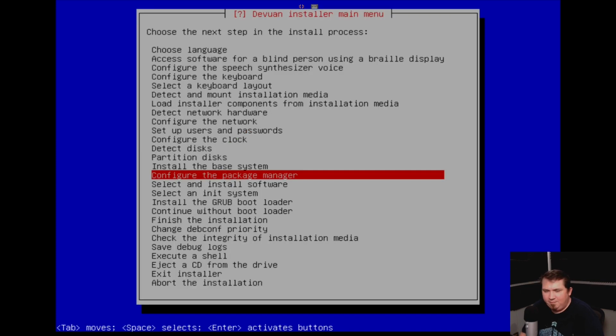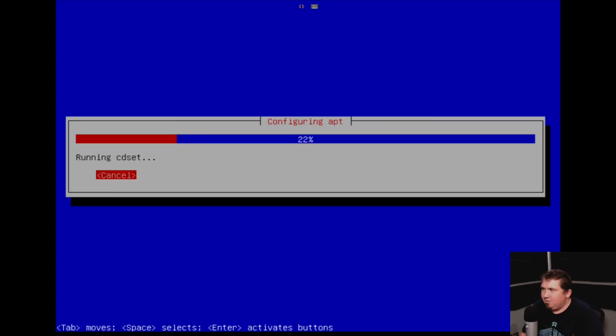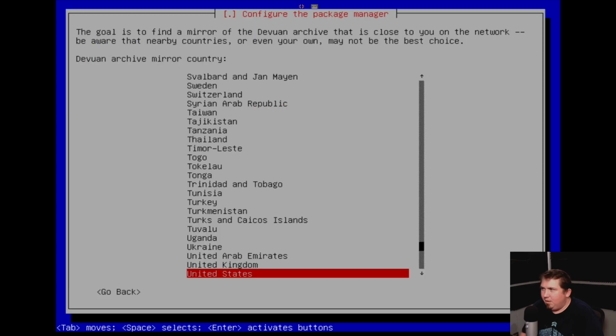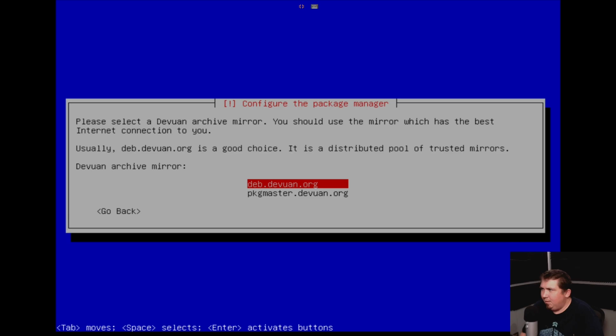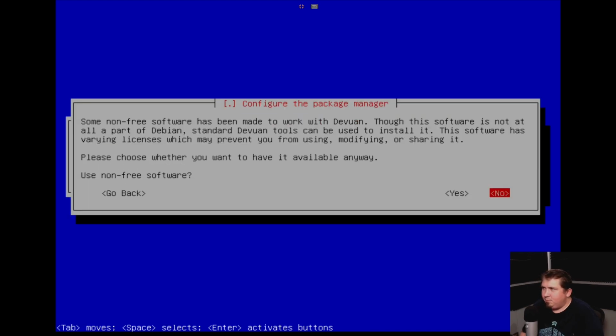Now we're going to configure the package manager. We're not going to scan any extra installation media. We are going to use a network mirror. United States is good. devuan.org is good. We're not going to use a proxy. And